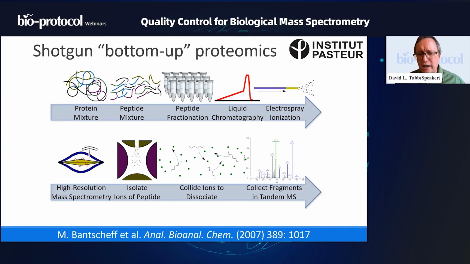Now, I've drawn a green line in that tandem mass spectrum over at the right, and that was not a mistake. That green line at the lower right part of the diagram is to indicate that we know the mass to charge of the ions we destroyed to create this tandem mass spectrum. So we're going to keep track of which fragments belong to which precursor ion, which intact peptide ion.